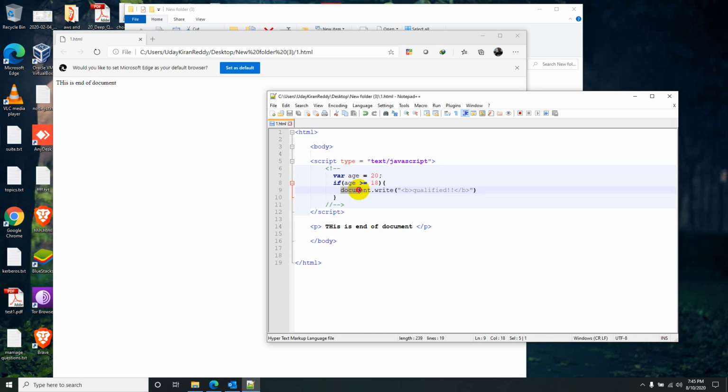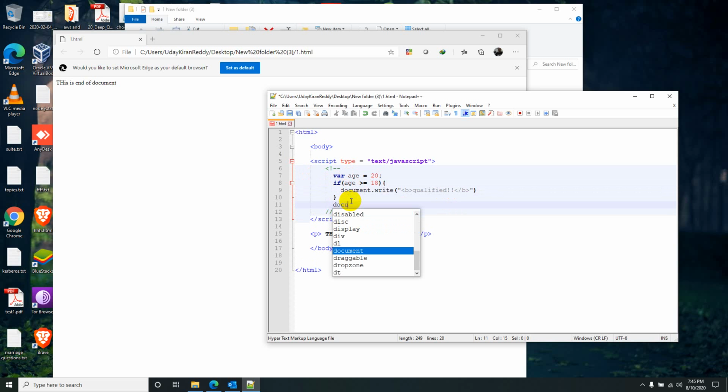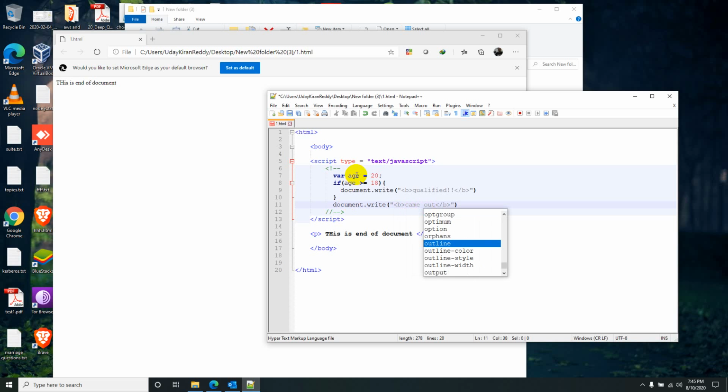This particular block will execute only if the condition is true, and later when it comes outside, it's normal again. So if this condition is false, this set of lines will execute: document.write. You see here, if the if condition is true, then this will execute.